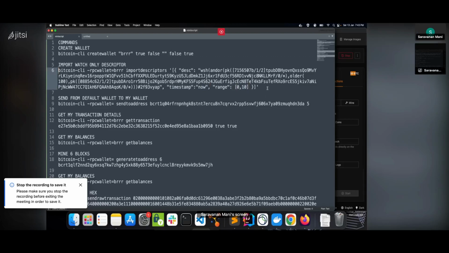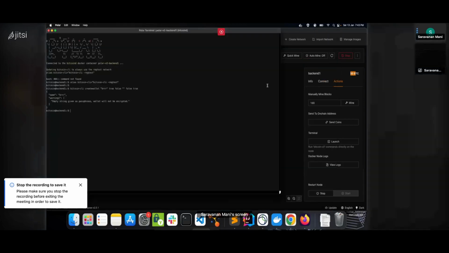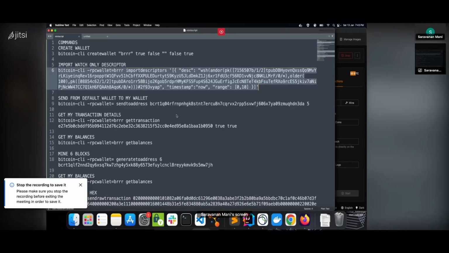So I'm simply using our descriptor. I import the wallet. So now the Bitcoin regtest node starts monitoring any transaction that involves using the addresses created by this descriptor, and they will be easily monitored and tracked. So we have our own wallet in the node itself. That's a summary. Now we are going to send some 5 BTC